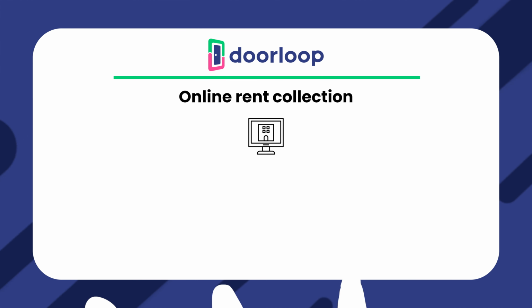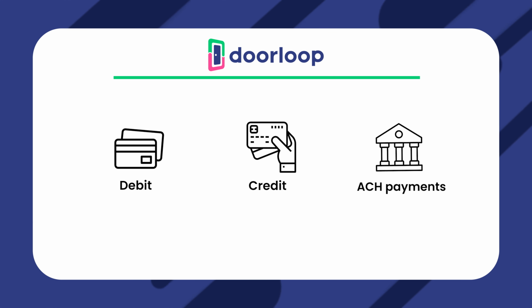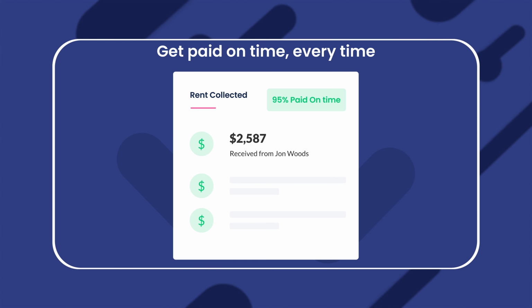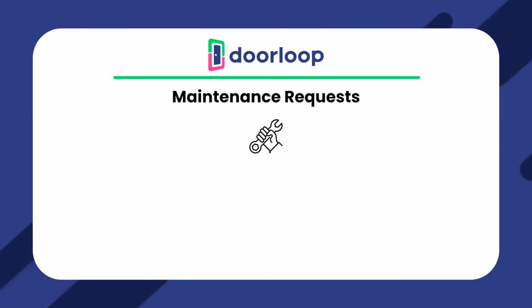Online rent collection. DoorLoop accounts for different preferences by accommodating debit, credit card, and ACH payments. The tenant portal even allows your tenants to set up automated payments or manual ones, depending on what fits them best. Maintenance requests. This is also easy to manage with DoorLoop, allowing you to easily create and manage your requests